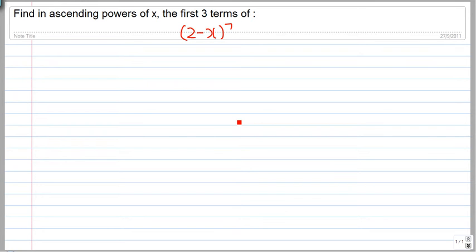So let us try to solve this question. Find in ascending powers of x the first three terms of 2 minus x to the power of 7. Alright, so